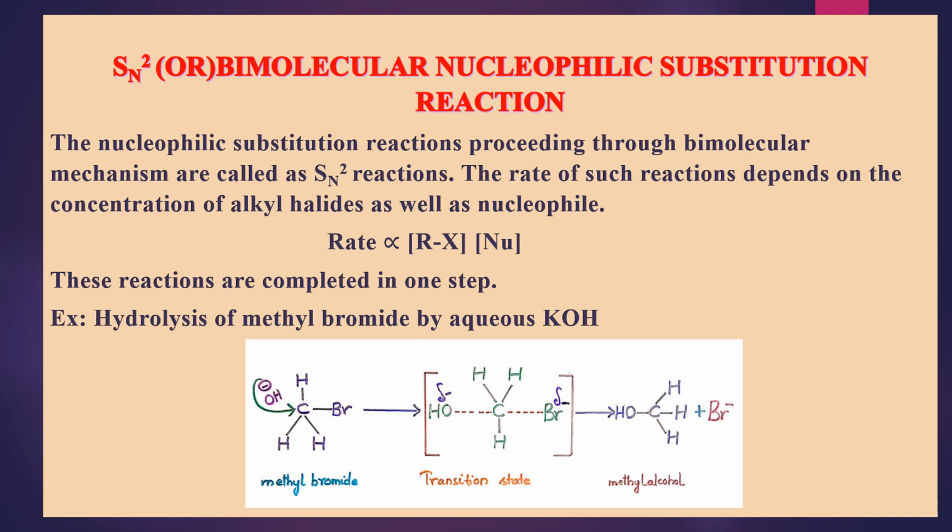Okay, now what is the final product formed here, students? Can you name this compound, CH3OH? It is called methyl alcohol. Okay, so look at the configuration of methyl alcohol. It has just the opposite configuration to that of the bromide. The bromine atom is on the right side, and the OH group, that is the hydroxy group, is on the left side in methyl alcohol. Okay, so we say that the alcohol formed has the opposite configuration to that of the bromide. Clear, students? Okay, hope I made this example clear for you.